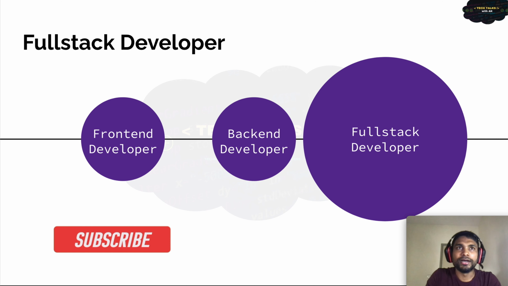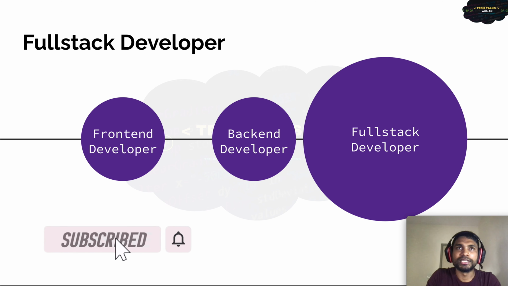Full-stack developers are familiar with HTML, CSS, and JavaScript, and one or more backend languages. Most full-stack developers are expert in one of the backend programming languages such as Python, PHP, or Ruby. If you are a Python expert, you would be called a Python full-stack developer. If you are a Ruby expert, then you will be called a Ruby full-stack developer. If you know JavaScript and you are very good at JavaScript and you learn Node.js, then you can be called a JavaScript full-stack developer.